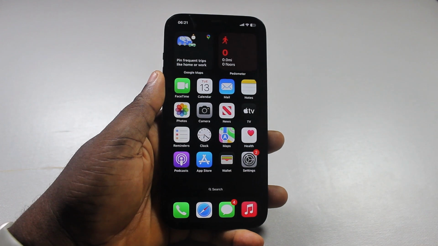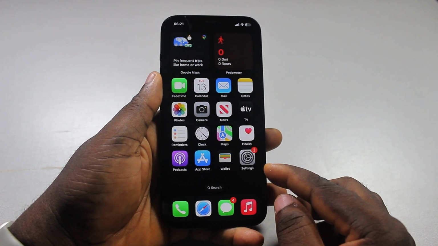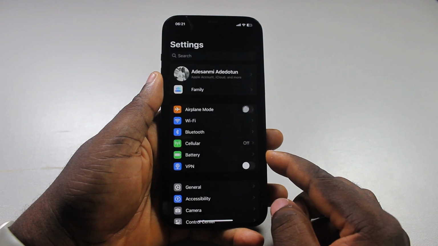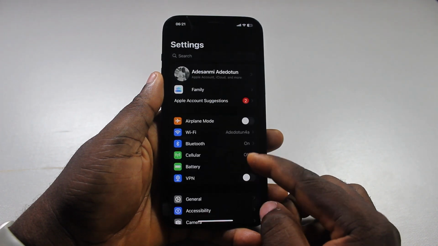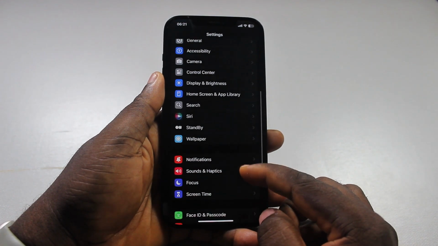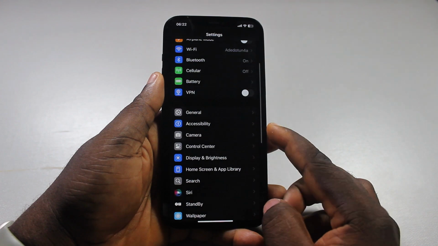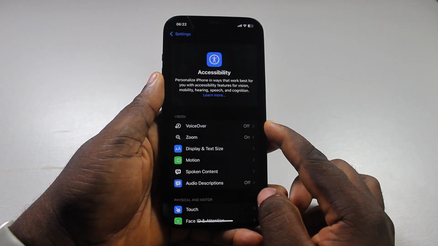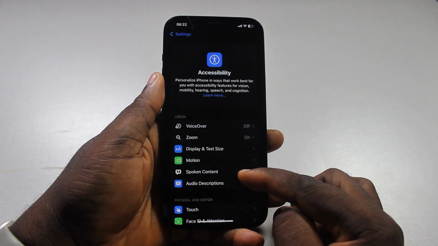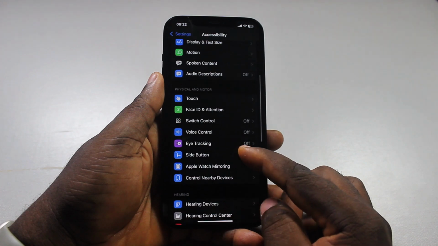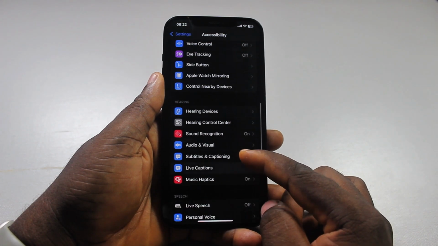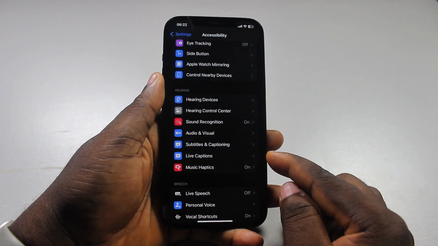Now the first thing you want to do to turn off live caption on your iPhone is go ahead and open the settings app. Once you open the settings app, you want to scroll down, keep scrolling until you get to accessibility and then select it. Once you selected accessibility, scroll down the accessibility page, just keep scrolling until you get to live captions and then